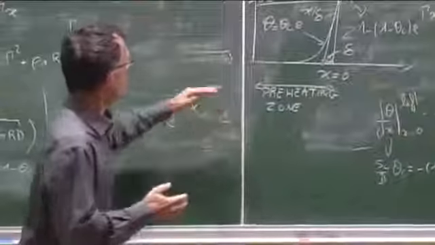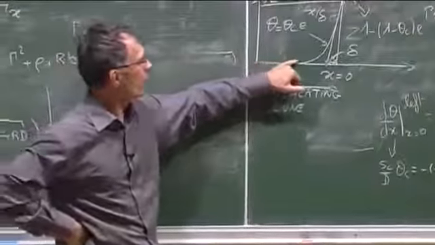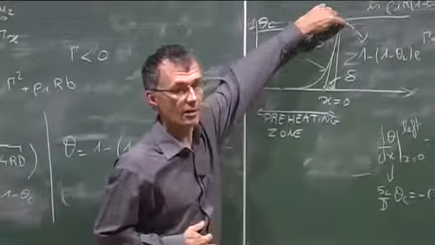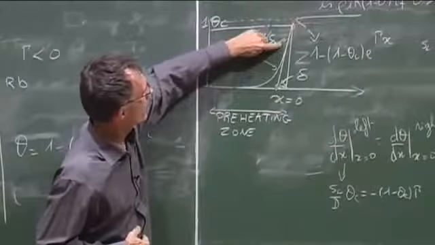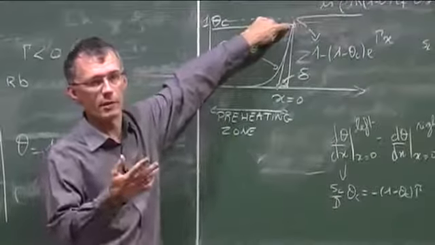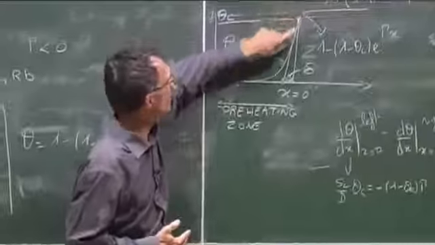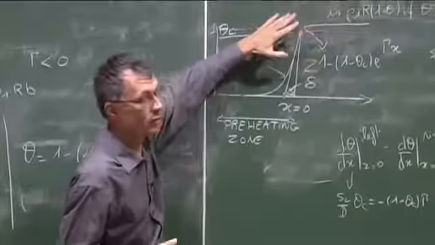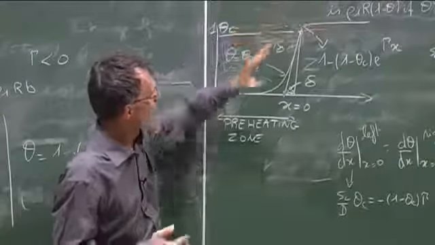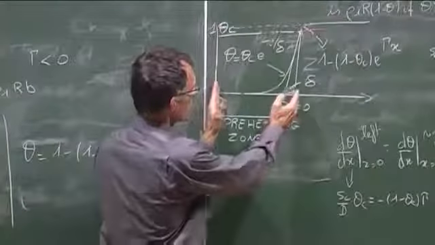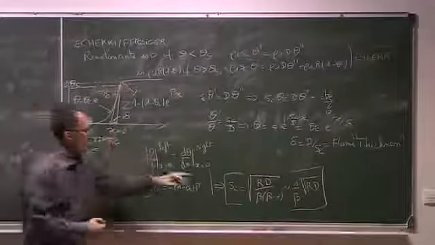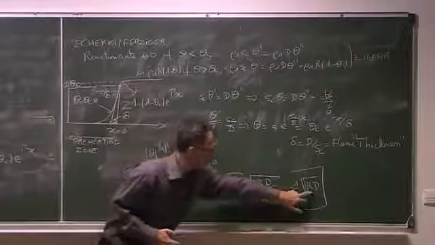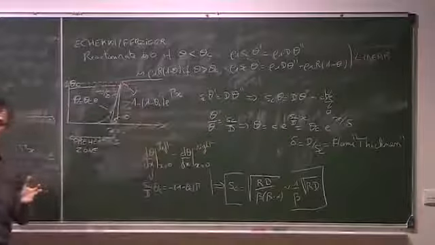And how does it work? Well, if you're on that side, for a long, long period of time, it's only diffusion which gets you heated. Because this point is hot, heat is diffusing, and it's bringing you to the temperature at which you can burn. If you cannot reach this temperature, you cannot burn. There's like a jump here. You have to go to this point, and then you can jump and burn. As long as you are cold, you cannot go to this point. So this is really where the physics is important. You have this zone here where you have to diffuse, and this is why D is important. And then after that you have to burn, and of course to burn you need to have a high reaction rate, R. It's the combination of the two which makes the flame move.